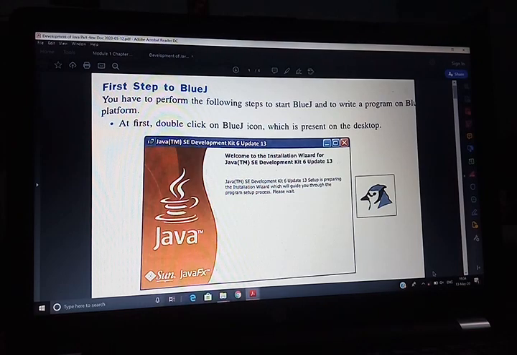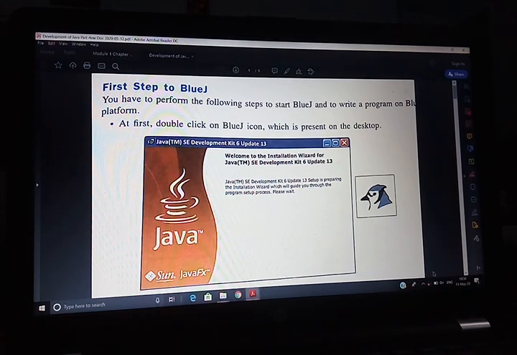BlueJ can be freely downloaded from the website www.bluej.org. You can also download from this site. First, what are the features of BlueJ? The execution process is comparatively easier than Java JDK 1.3. It is based on a menu-driven approach.